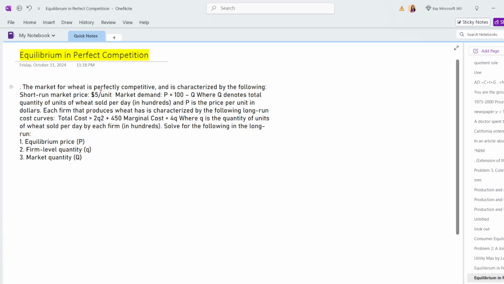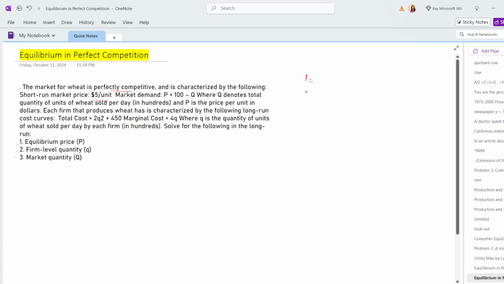Today I have decided to look into a perfect market related question which falls under a category of microeconomics, and in this case we'll look into this case study and try to find solutions to these three questions. Okay. So in this, let's go through this case study. We have a market for wheat that is perfectly competitive. Perfectly competitive would mean that there are many sellers, many buyers in this market, and short-term price over here is